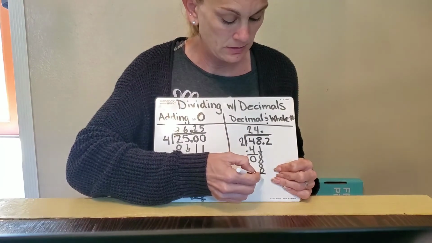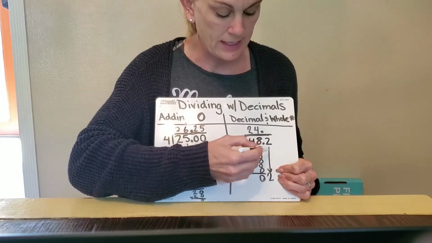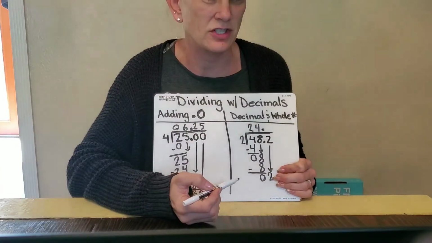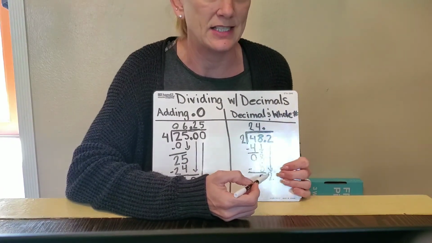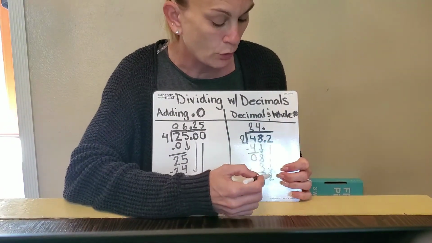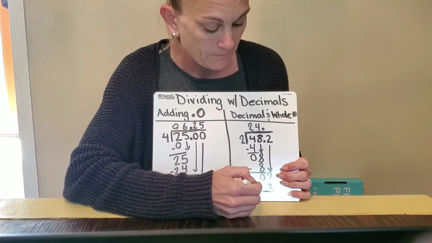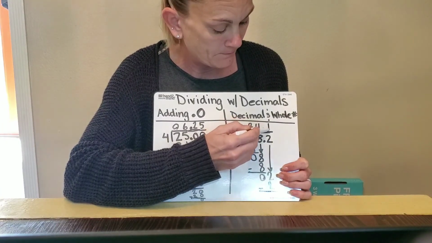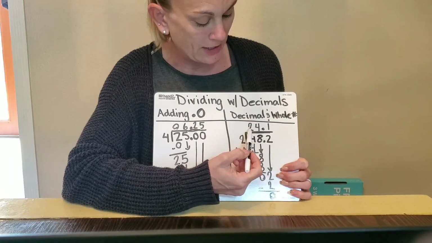Subtract it out. Get a 0. Drop down the 2. The arrows are not necessary. I'm just using them so you can see what is happening. A lot of the kids still need that visual reminder of what to do next. 2 goes into 2 1 time for a value of 2. And you have a 0 remainder. And your answer is